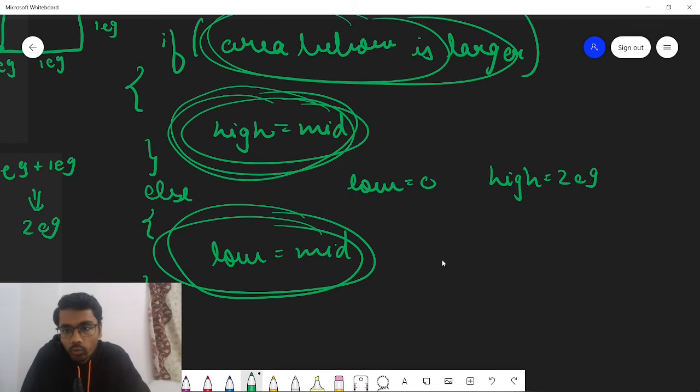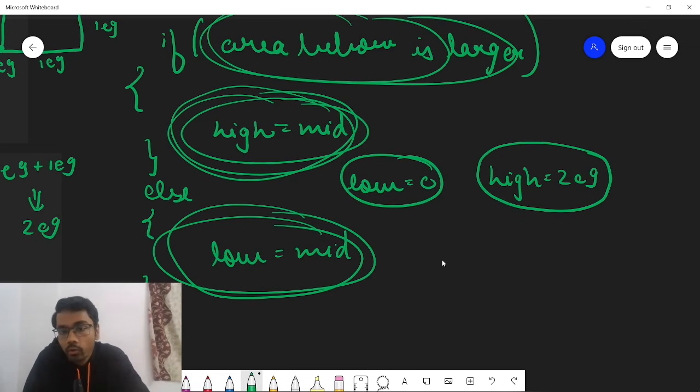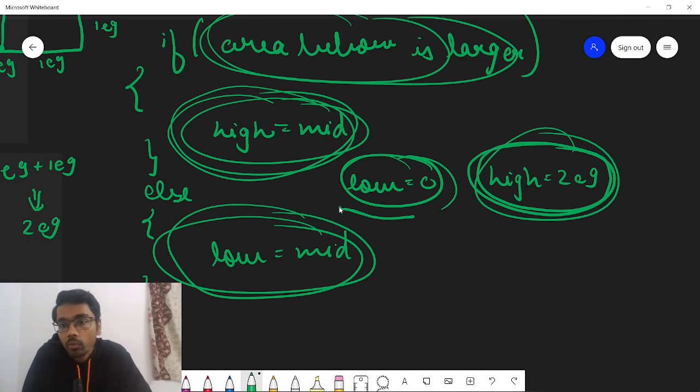Now obviously you don't need to keep such a high value, 2e9. You can just check for a current 2D plane what is the maximum point that we get, so that we can prune the other conditions or the other values. But yeah, 2e9 will also work pretty well. So I will keep low value to be 0 and high value to be 2e9, but instead of 2e9 you can also change your high value depending on what is the maximum point you can get in the current 2D